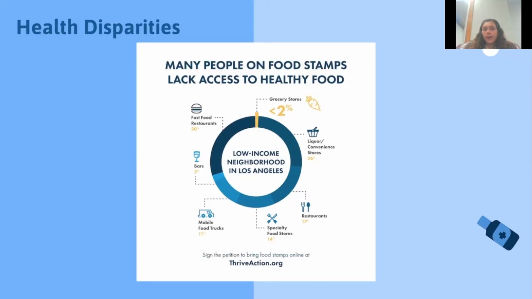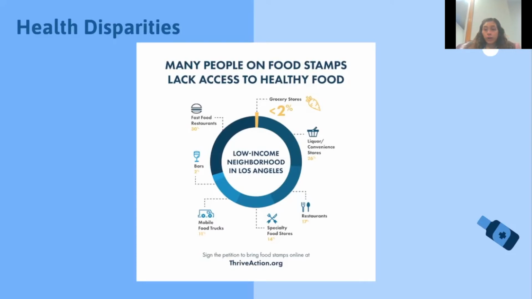And what does this mean for the health? This means that they're able to consume these foods, not poisonous, but in the long run, they do become poisonous if they keep on eating at fast food restaurants, or if they keep on shopping at liquor and convenience stores. So this means that their health is going to deteriorate faster than someone who has access to these grocery stores,